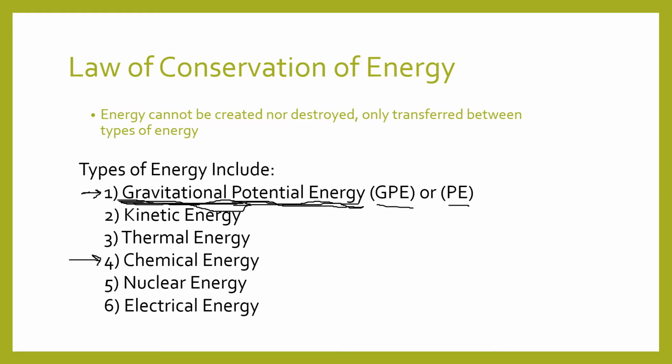If you're boiling water, you're causing the water molecules to move faster. Electrical energy: if you have a light on and you leave it on for too long, it converts some of the electrical energy into thermal energy. The electricity creates heat. So all of these energies can transfer. What we're going to focus on primarily is how these two types of energies can transfer, gravitational potential energy and kinetic energy. These are the two that we're going to look at the most, but I want you to understand that if you look at a situation, energy never disappears. It's always just transferred to a different type of energy.